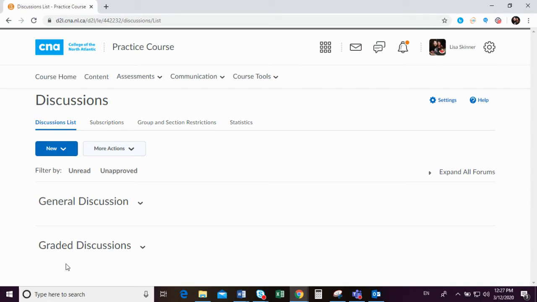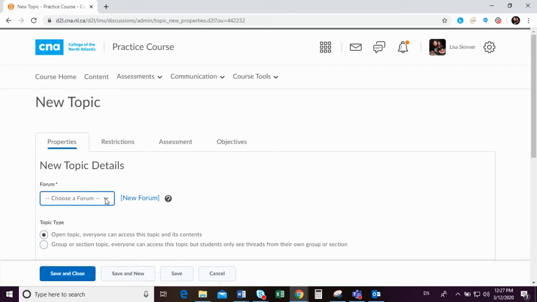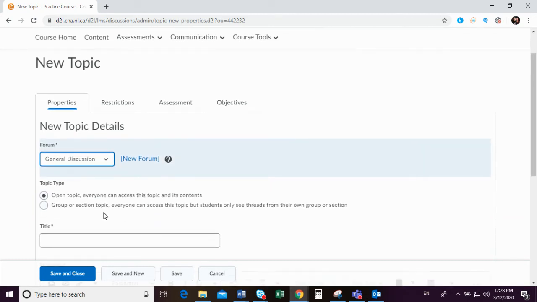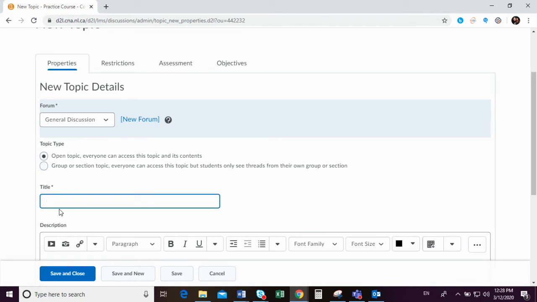So for the first one, I'm going to go and add a new topic. I'm going to click on New, but this time I'm going to say New Topic. And in here, I'm going to attach it to the forum that I want it to be attached to. So I'm going to click on the Choose a Forum arrow and choose General Discussions. Now there's two options here for topic type. I can have an open topic where everyone can access the topic and its contents, or if I have any groups set up in my course, I can have group or section topics. But I'm going to stick with an open topic for now, and we're just going to call this one Student